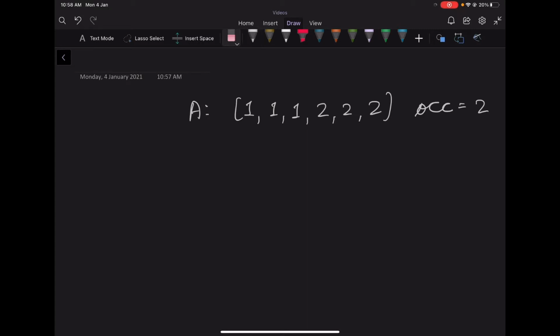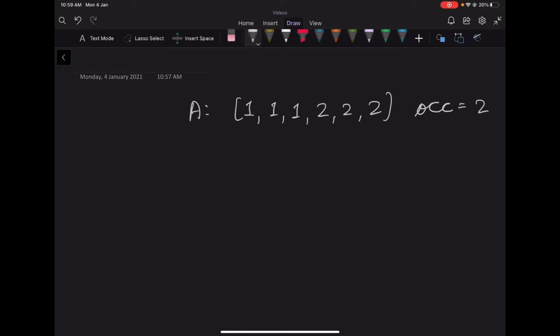So if this variable occurrence is equal to 0, it means that there are no elements such that they have a frequency which is greater than 2. Then we can simply return that the answer is 0 because we don't have to delete any subarray. Otherwise, we need to find a subarray of minimum length such that if we delete it, there is no elements whose frequency is greater than 2.